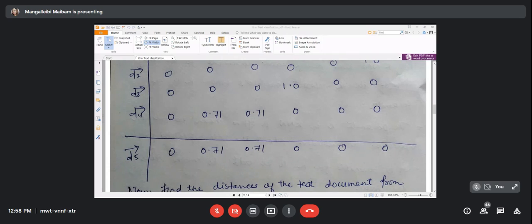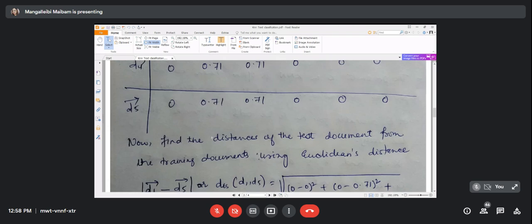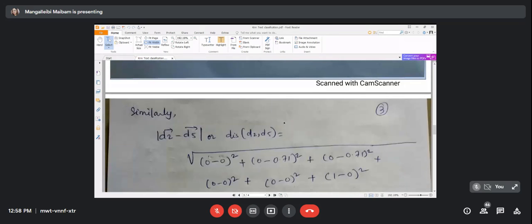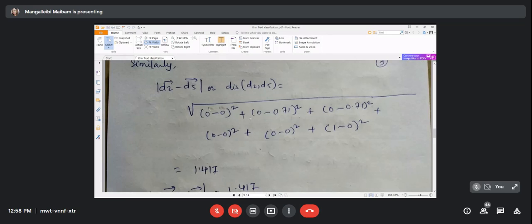So comparatively, we can say KNN is somewhat better, because after representing documents as vectors, we don't need to compute centroids and all. Directly, we will find the distance between the given training documents and the test document. Then we will choose the minimum distance, that means the nearest distance. Then we will assign the respective class to the test document. Okay, it's about your nearest neighbor.